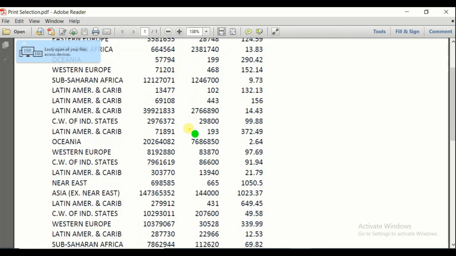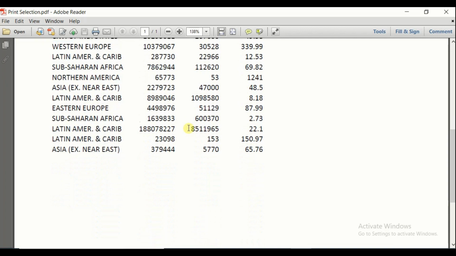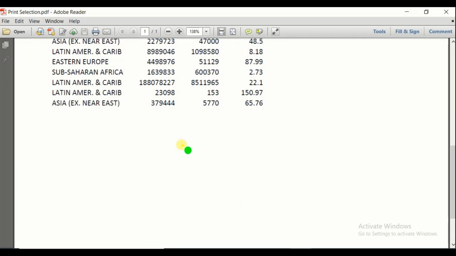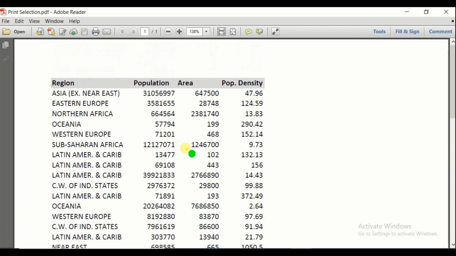Oh, very nice. Simply we have created the data from a selected area. Instead of going to page setup and all, setting margins and print area, this touch is entirely different for this task. We can simply select the data and apply a print.